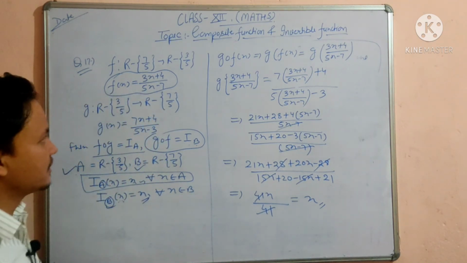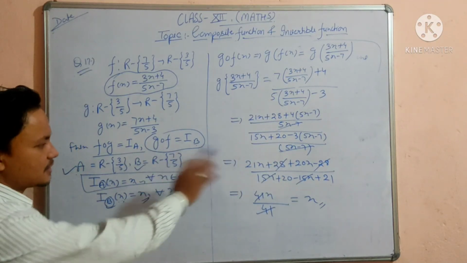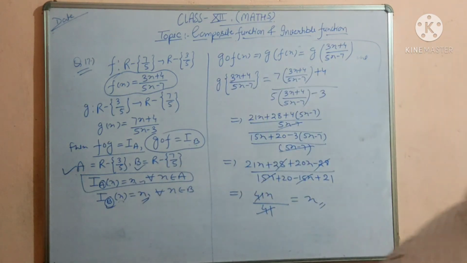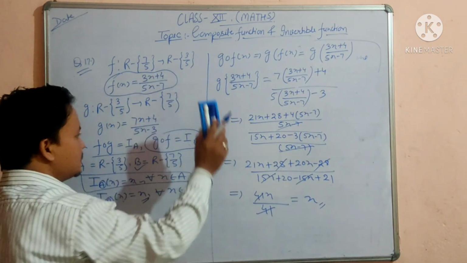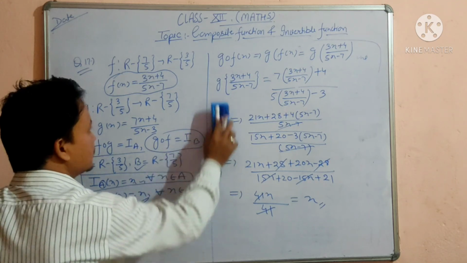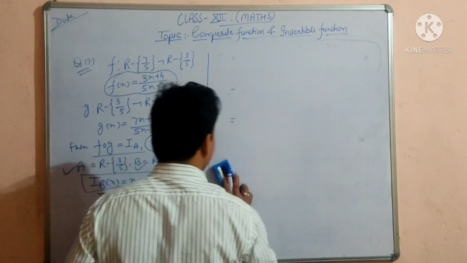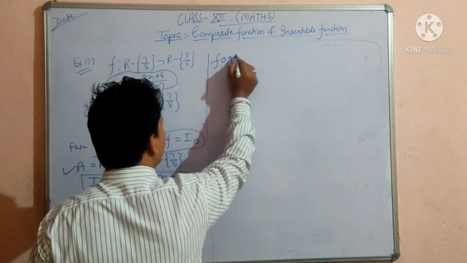Now in a similar manner we can find the composition f o g. Okay, so I have to rub this one part. So you have to take a screenshot of it because I am going to rub it because of lack of space. Now as we found the composition g o f, in a similar manner we will find f o g. As I found g o f, now we will find f o g of x.